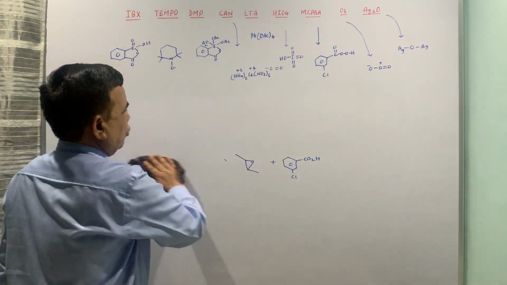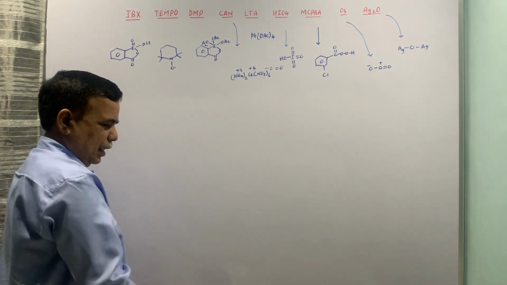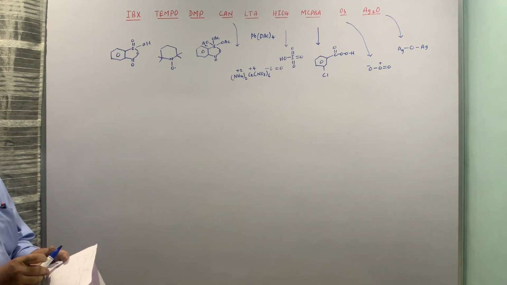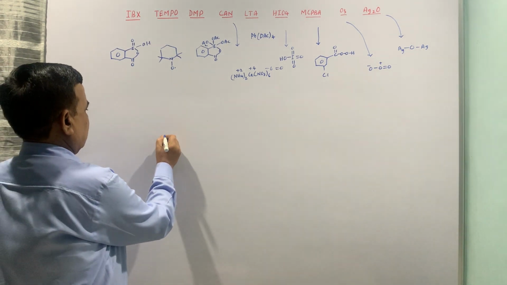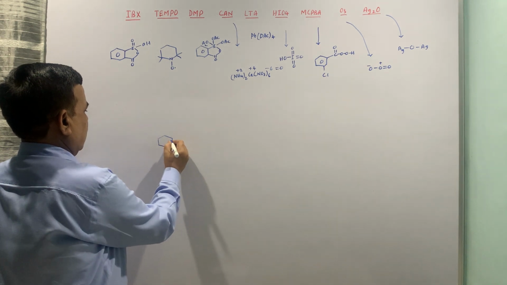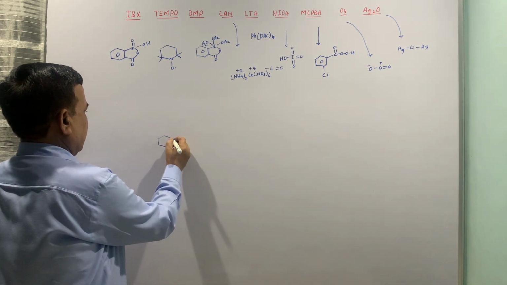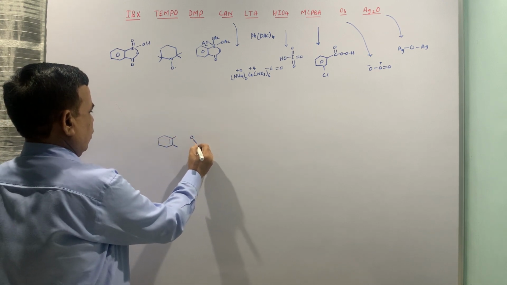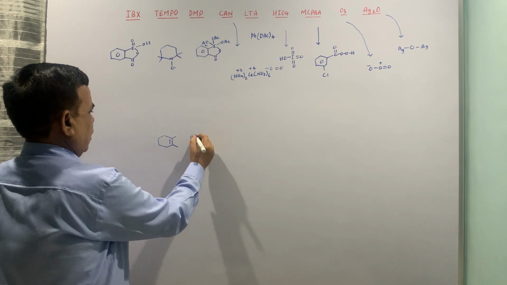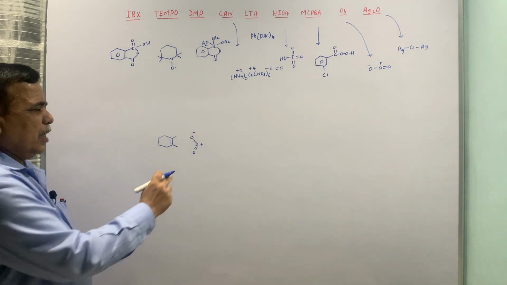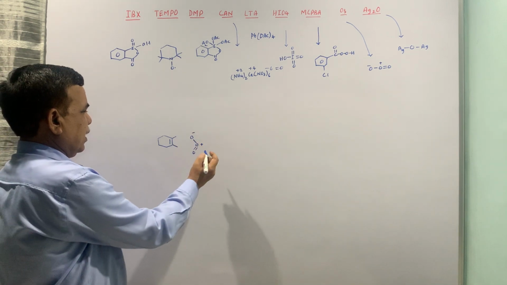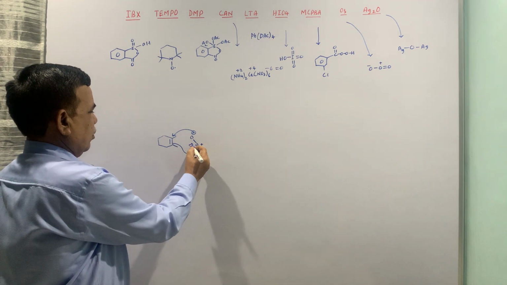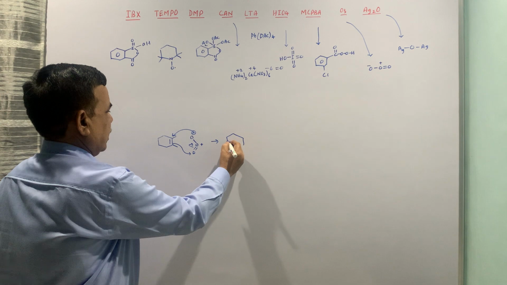Now the next reagent is ozone. We have seen ozone in the case of addition reactions. Ozone can be generated from an electric discharge. So let me put one simple example. Cyclic or acyclic, you can take any example for that matter. And for this ozone, you can put the dipolar structure. I can put O plus here, O minus here, no problem. Now this one attacks here, this attacks here, and the positive charge of oxygen is compensated.